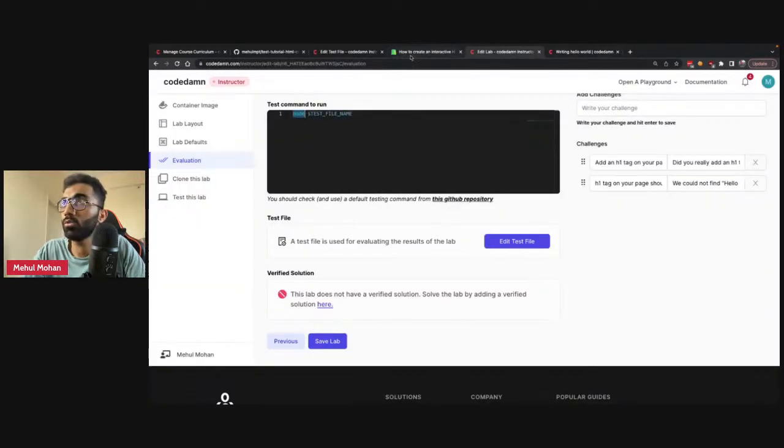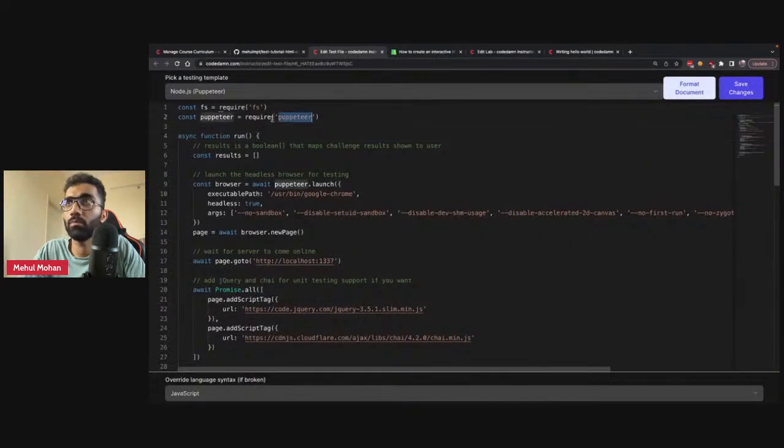The reason we are able to require Puppeteer directly here is that the CodeDAM Playgrounds interface comes with Puppeteer pre-installed with a headless Chrome binary. That means you can run headless tests inside your CodeDAM labs without installing Puppeteer in the first place, which might be a little time consuming.